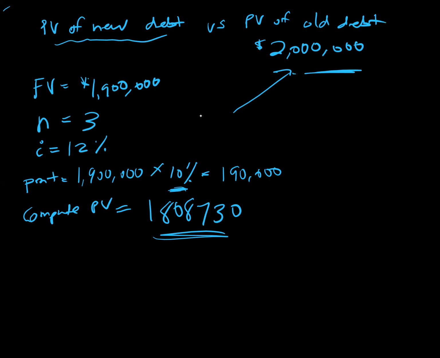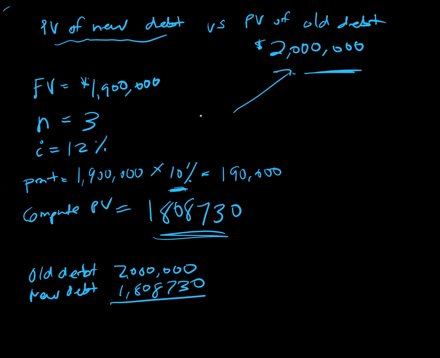So if we say, okay, old debt, 2 million, new debt, or new debt arrangement. It's not a different debt. I'm not trying to imply that we have a settlement here. I'm just referring to the old debt arrangement versus the new debt arrangement. The new debt's present value is 1,808,730. So our difference is